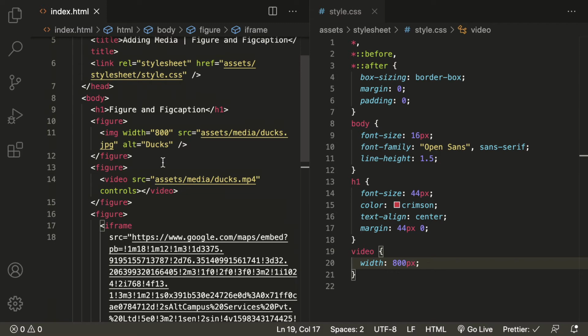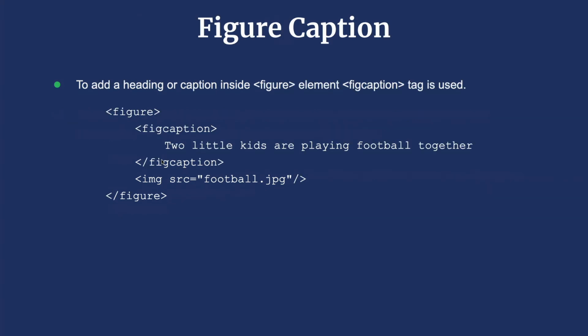The figure tag provides some semantic meaning to the content inside our page. Now after the figure there is one more tag, that is figcaption or figure caption we can say. The figcaption is used to add a heading or caption inside the figure element.